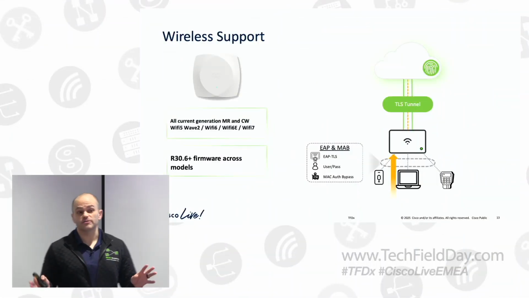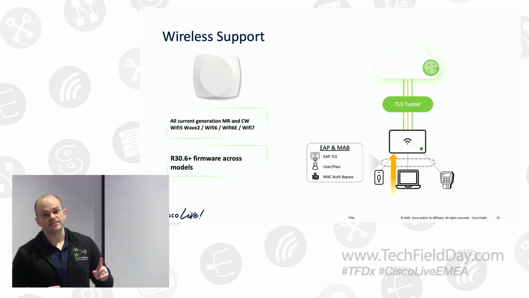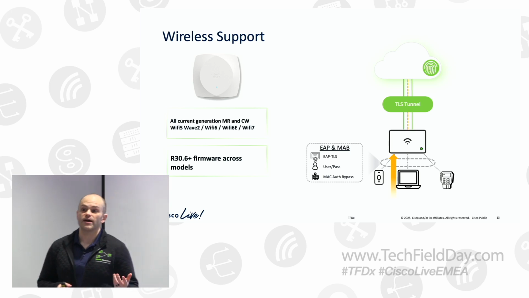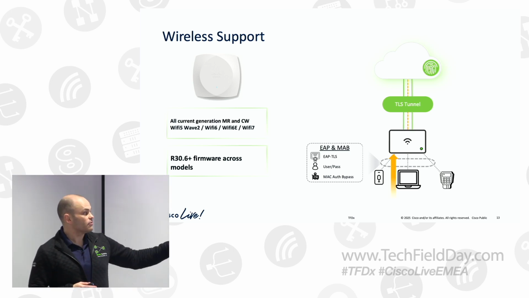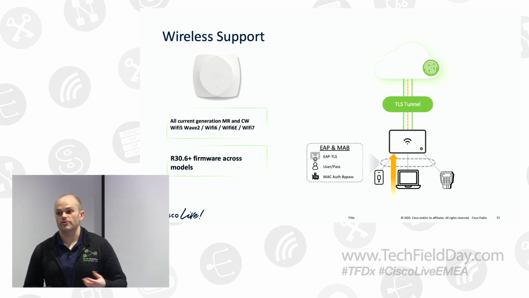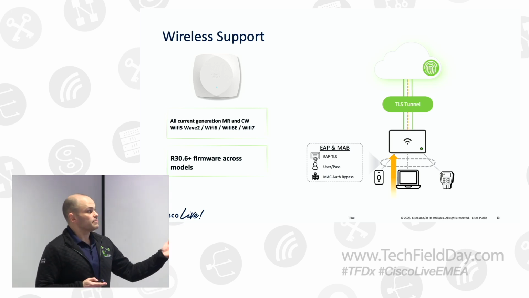From a wireless perspective, just jumping forward, and if there are any questions, please interrupt me. Anything that we've been shipping for the last 7-8 years is supported. That's our 802.11ac Wave 2, or Wi-Fi 5 Wave 2, access points and above. All of those can run the R30.6 firmware. So if you look in dashboard and you're wondering what firmware, that's just the firmware indicator to be supported. Wireless uses the same set of credentials,